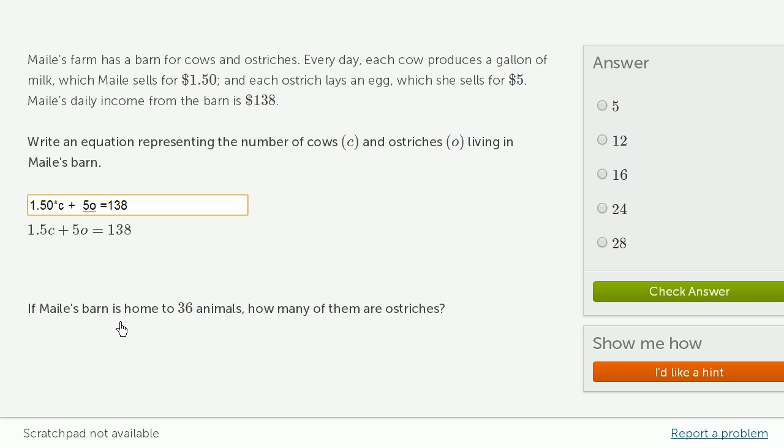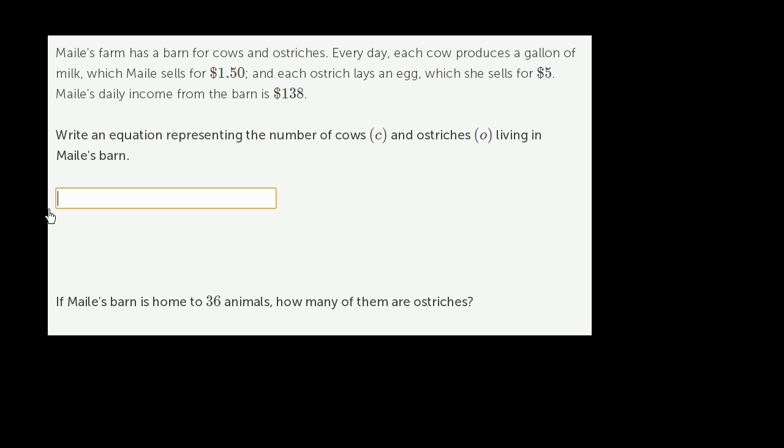If Maylee's barn is home to 36 animals, how many of them are ostriches? So it's essentially where the ostriches plus the cows are 36, how many are ostriches? So let me get my little scratch pad out here to tackle this part. So this first part,